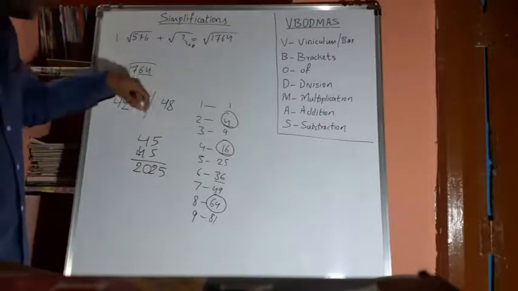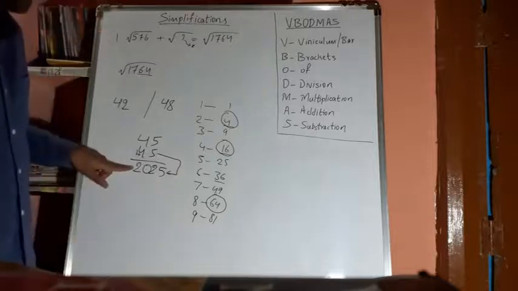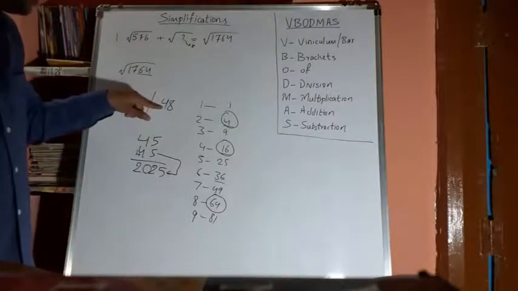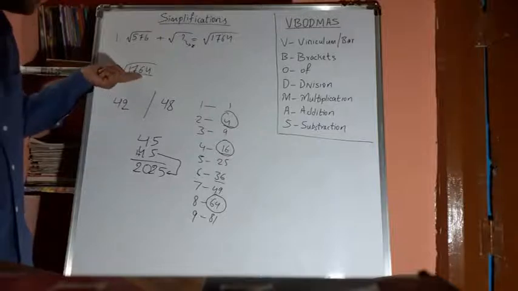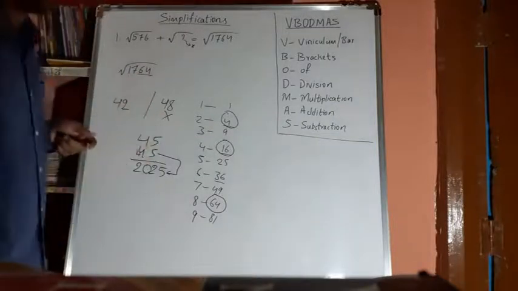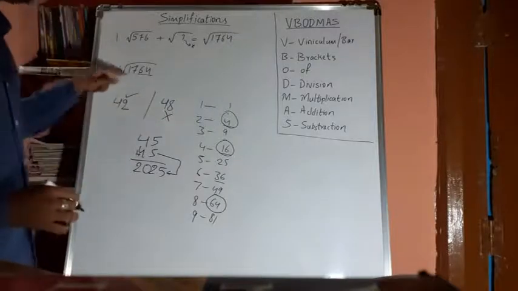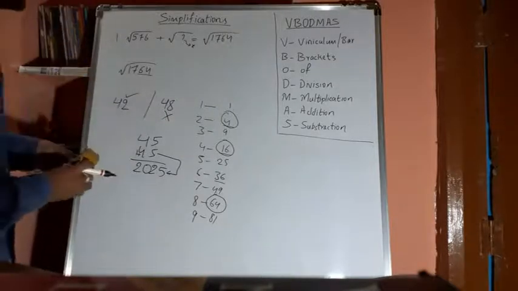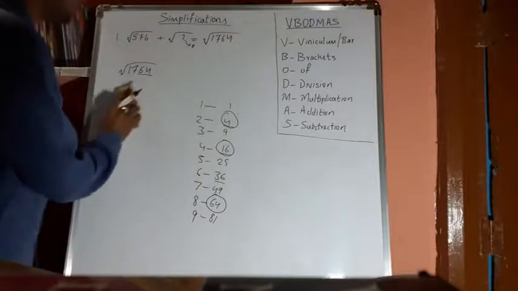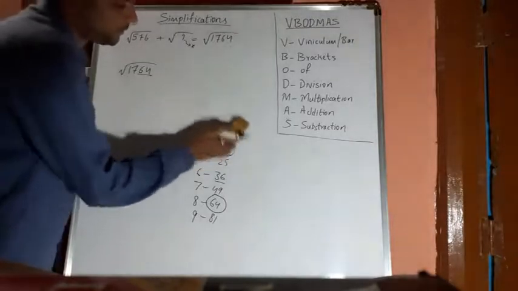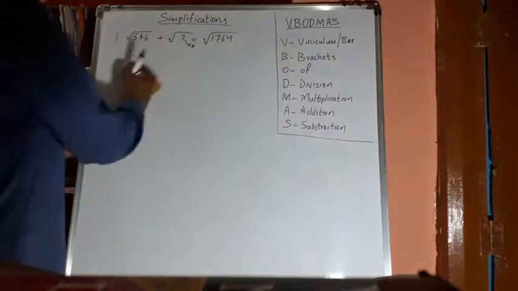See here, friends, again. For 45, you are getting more than 2000. Means for 48, definitely it should be more than this. But what is our given number? It is within 2000. So definitely we can say that 48 is not our number. Right? 42 is the square root of the given number. Understood, friends? It's very easy. You have to do some practice, right? So practice a lot. Take any of the textbooks and start practicing, friends.